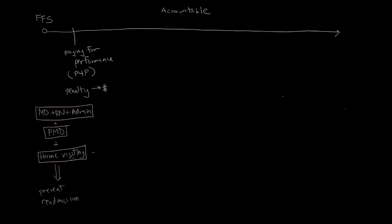People still get paid all their bills the same way they did before, so costs still increase because the volume and intensity and pricing still may be high. However, at least now there's some accountability for quality. Now that's a little bit of a change, and then there's sort of a bigger change, and that goes along